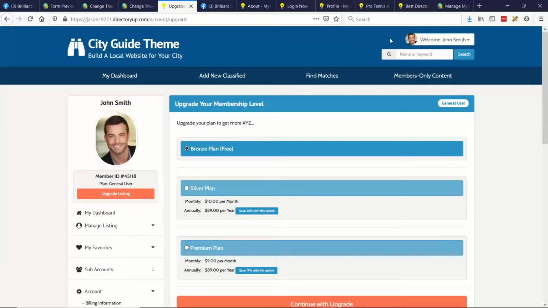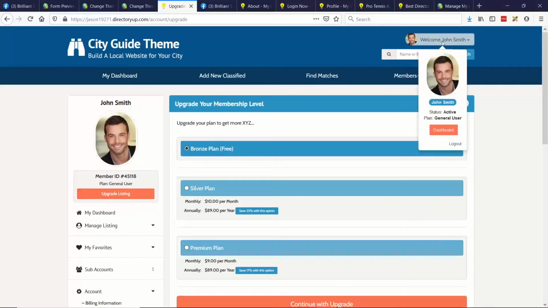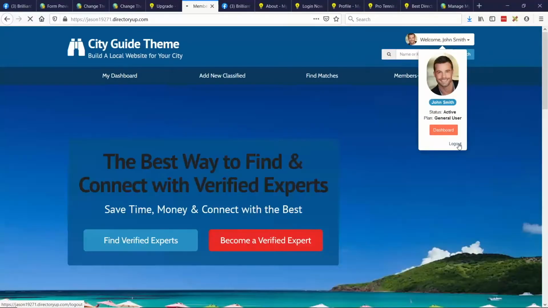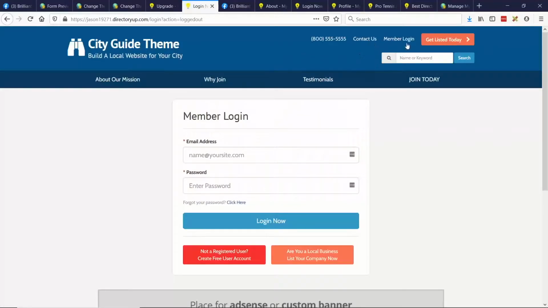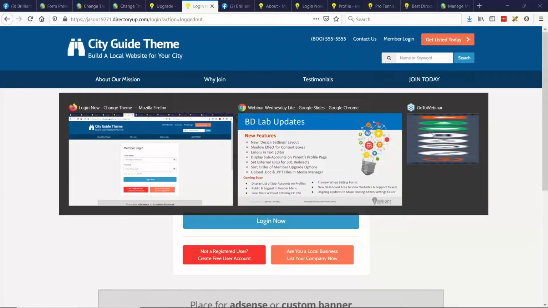So we notice when a member logs in, that little menu that was here goes away and it just keeps this account status thing. You'll actually be able to retain a menu here moving forward if you want. For example, when someone's logged in, they don't need to see the member login or get listed buttons, but they can have their little account dashboard toggle there, plus additional menu items if you wanted. So that's coming soon, and you could set that only when members happen to be logged in.